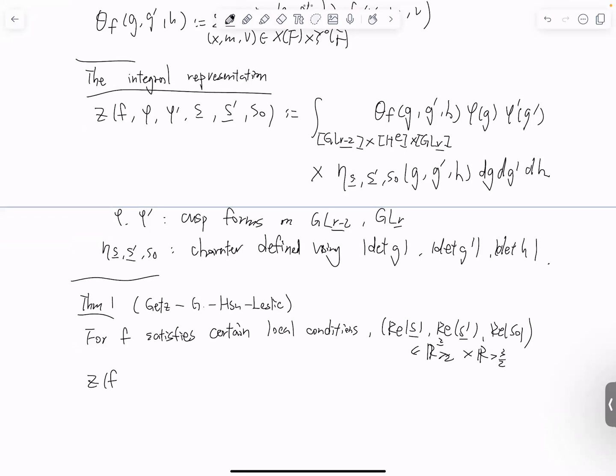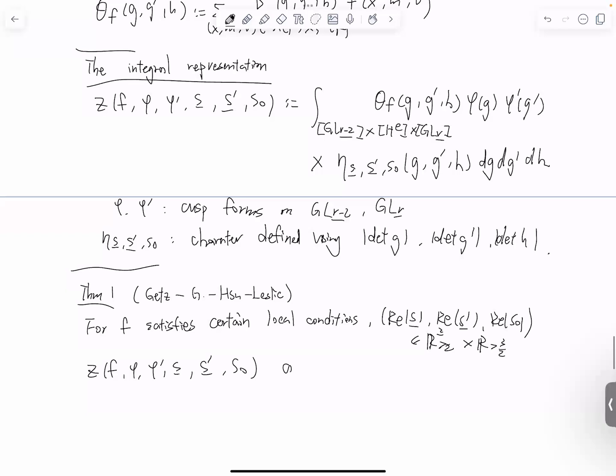And we have the theta integral, F is in the space of smooth functions, not yet the Schwartz space, s prime, s naught, converges absolutely